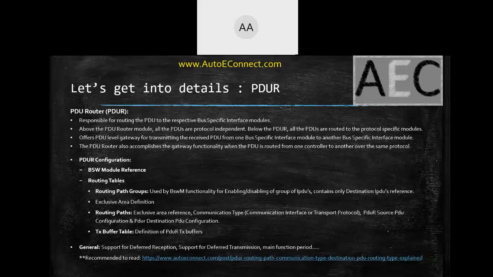These parameters will be configured when you have them in your ECU extract, a DBC file or any database input file. But if you have to configure manually, it also allows you to do so, wherein you give the PDUR module the information on which BSW modules it has to interact with: all the above level layer modules and all the below level layer modules. The below level layer modules are CANIF, LINIF and socket adapter, and the above level layer is COM in general, and sometimes IPDM in case of multiplex messages.